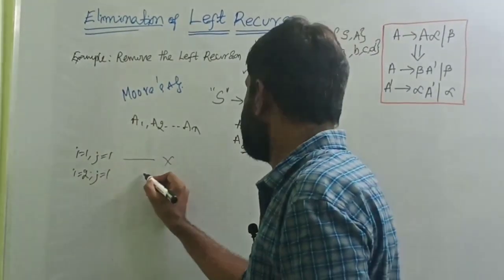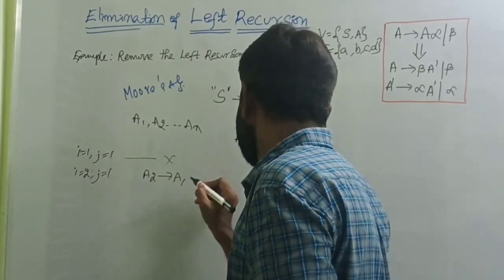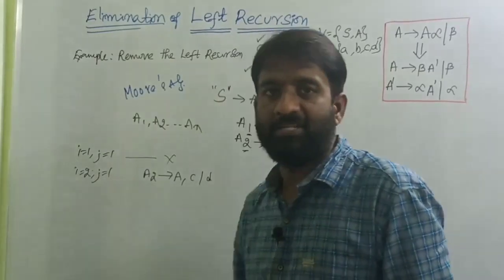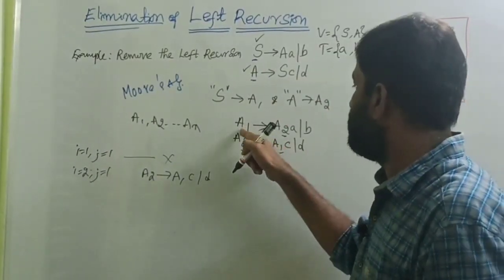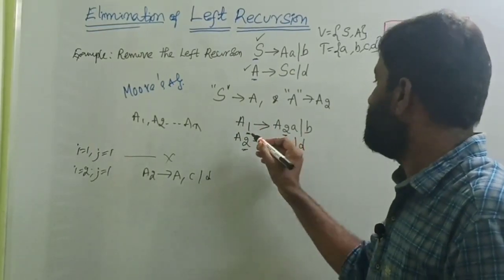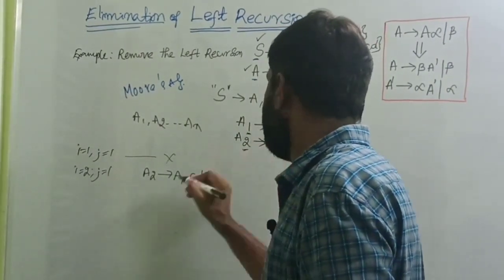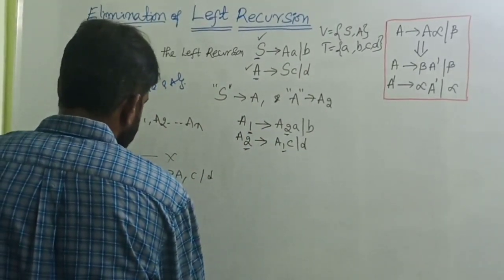So what is that production? A2 tends to A1 C slash D. Now you can substitute the A1 part. What is the A1 part? Now you can substitute A1 in the A2 production, that is A2 tends to A2